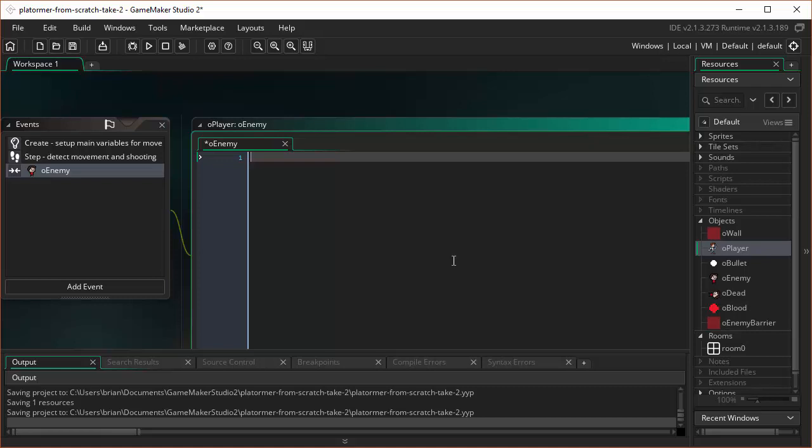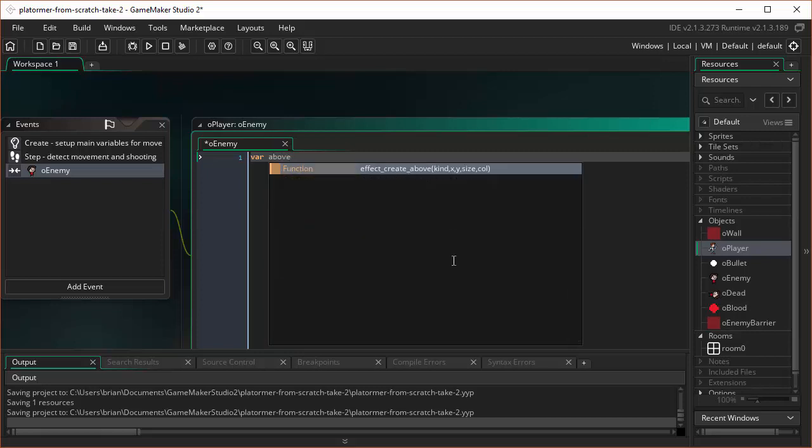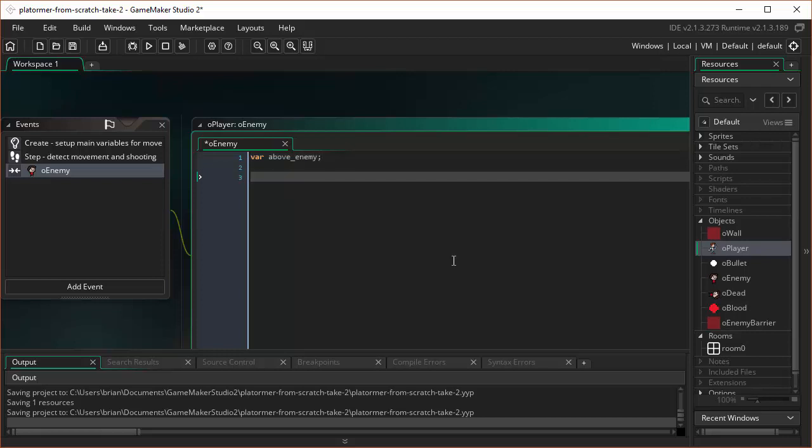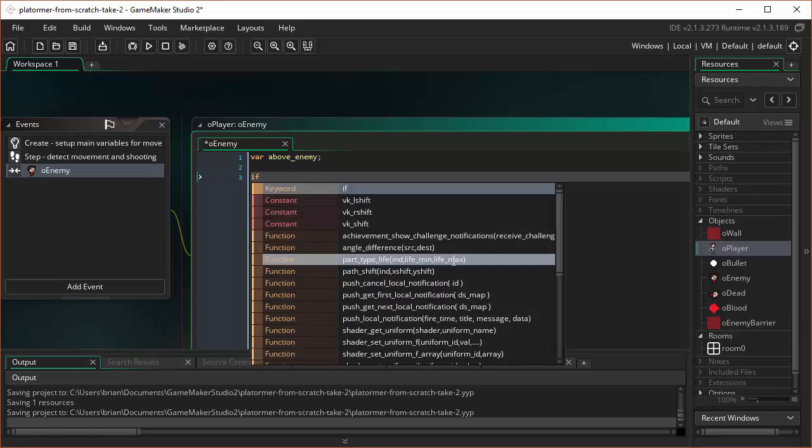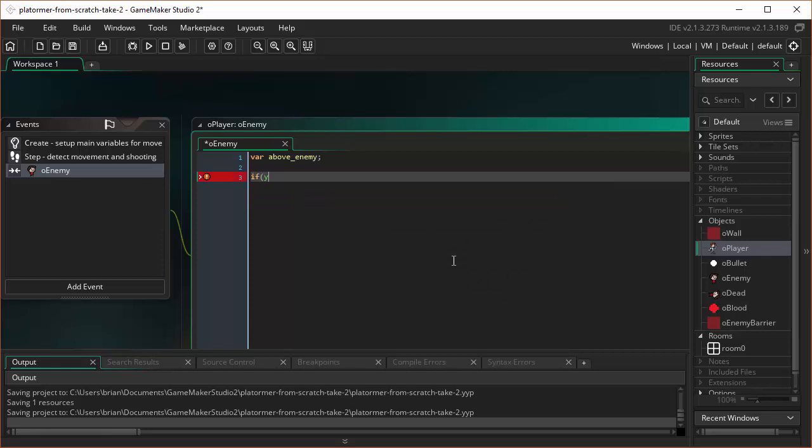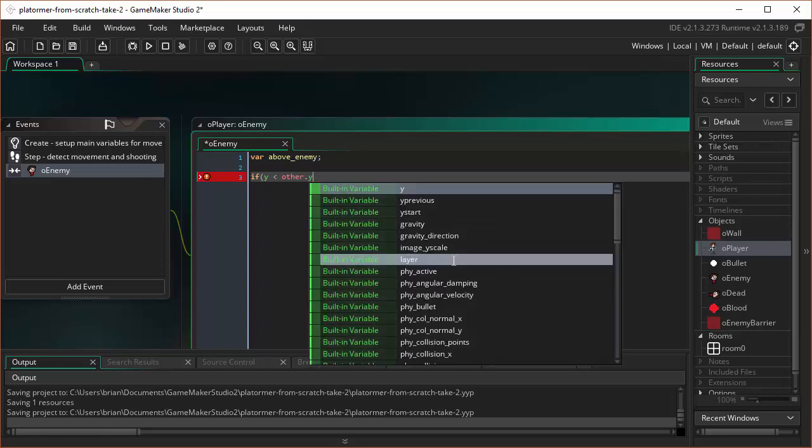So how can we pull that off? Well, to check if the player is colliding with the enemy from above, let's create a local variable using the keyword var, and we'll set the name of the local variable to above enemy. Now, how can we use that variable to store a true or false piece of information about whether or not the player is above the enemy? Well, we can do this. We can say if y, meaning the player's y, is less than the other y, meaning the enemy's y,